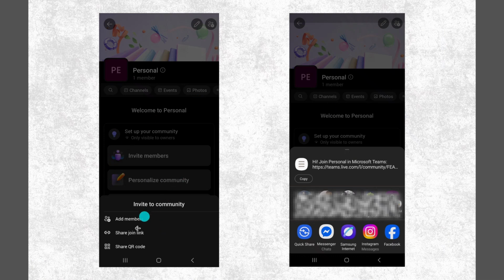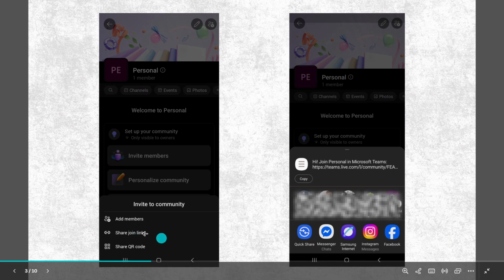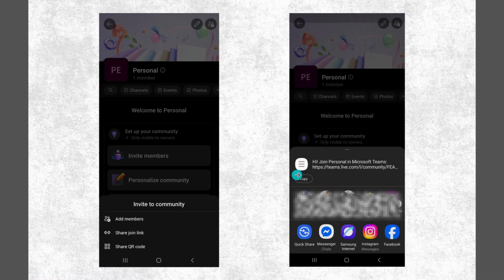Tap on Share Join Link and then copy the invite link. This is a handy feature, especially if you need to invite a large group of people quickly. By copying this link, you've essentially created a universal invitation that can be shared with anyone you wish to join this team. Once you've copied the link, you should then proceed by tapping on Add Members in the original pop-up